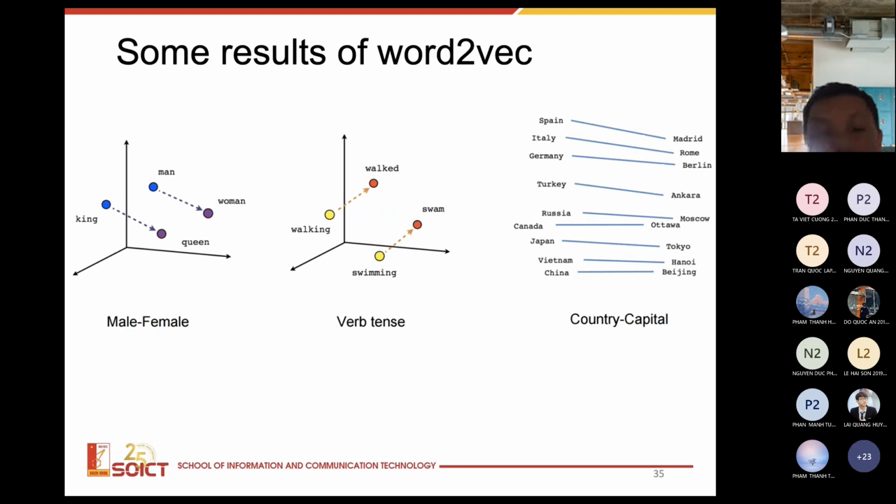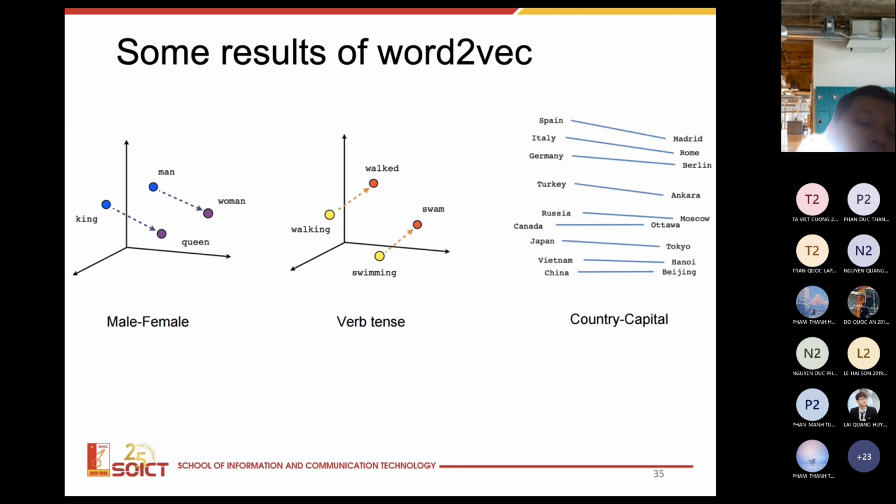Okay, so let's continue. There are some results of the word2vec model. For example, after training the model, we can have the word vector for the male and female words, and king, queen, woman, whatever, right? And then when we plot in the graph, we can see that the relationship between the points that represent the words king and queen, man and woman, they have some very clear pattern, so that